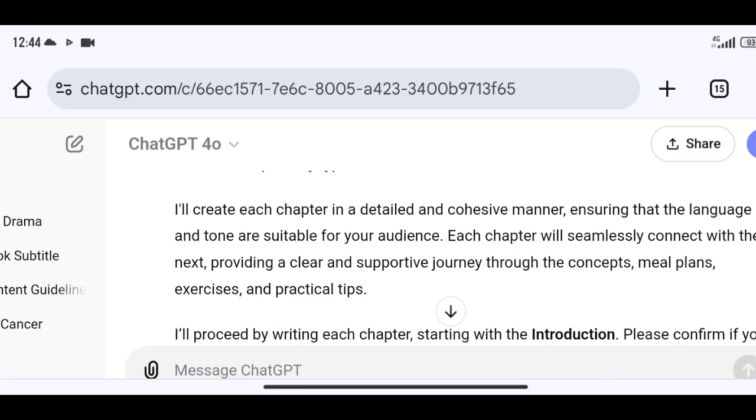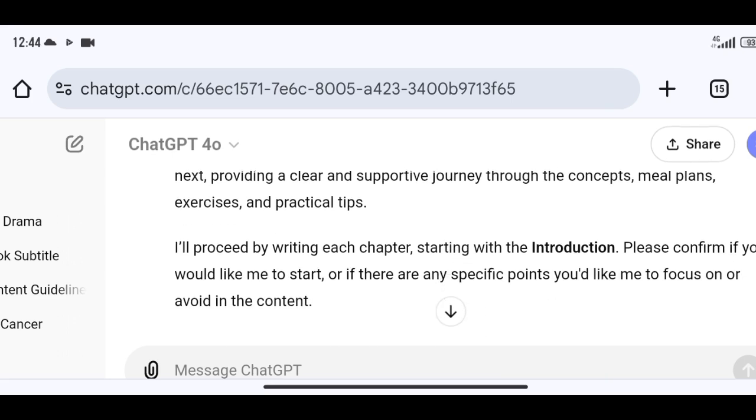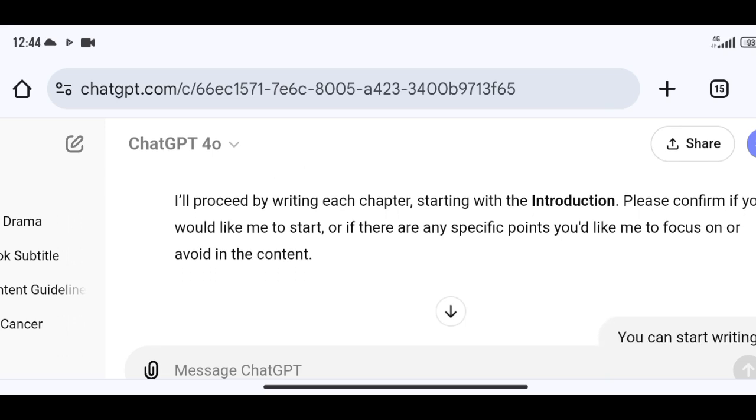Each chapter will seamlessly connect with the next, providing a clear and supportive journey through the concept, the meal plan, exercises, and practical guide. I will proceed by writing each chapter, starting with the introduction. Please confirm if you would like me to start, or if there are any specific points you would like me to focus on or avoid in content.